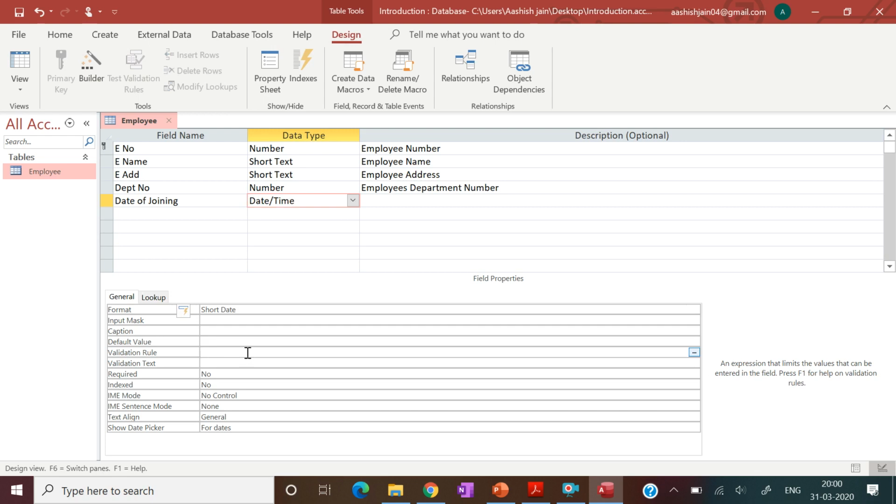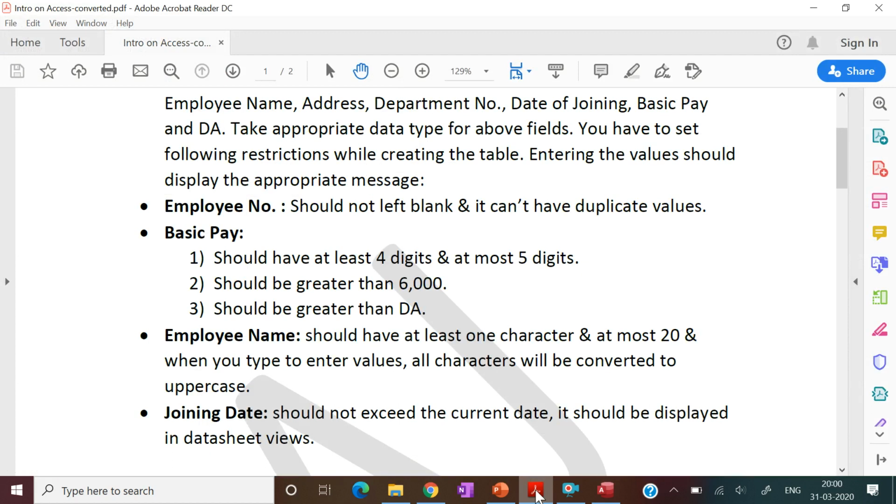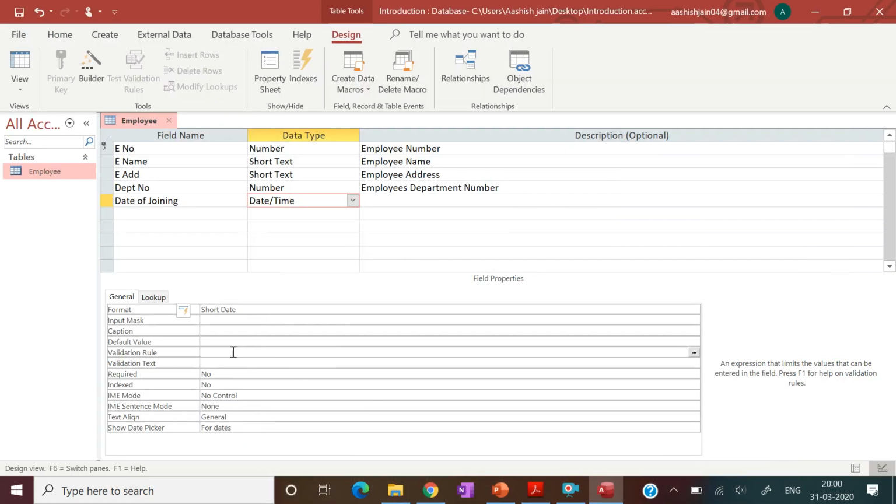And we need to put it in validation rule, because this is a constraint. So the validation rule is that date of joining should be less than current date, as per the question, that it should not exceed current date. So how do we put this? Less than, and for date, and then opening and closing brackets.